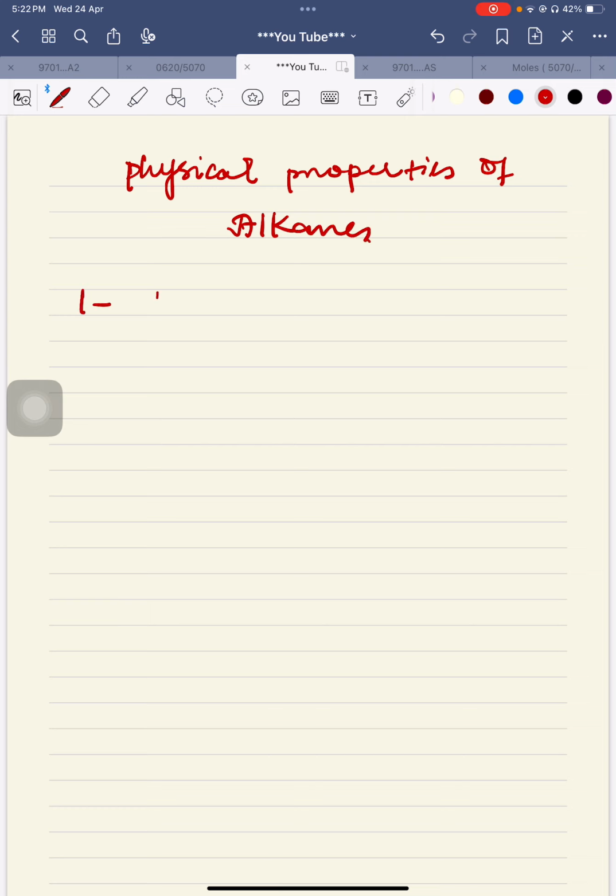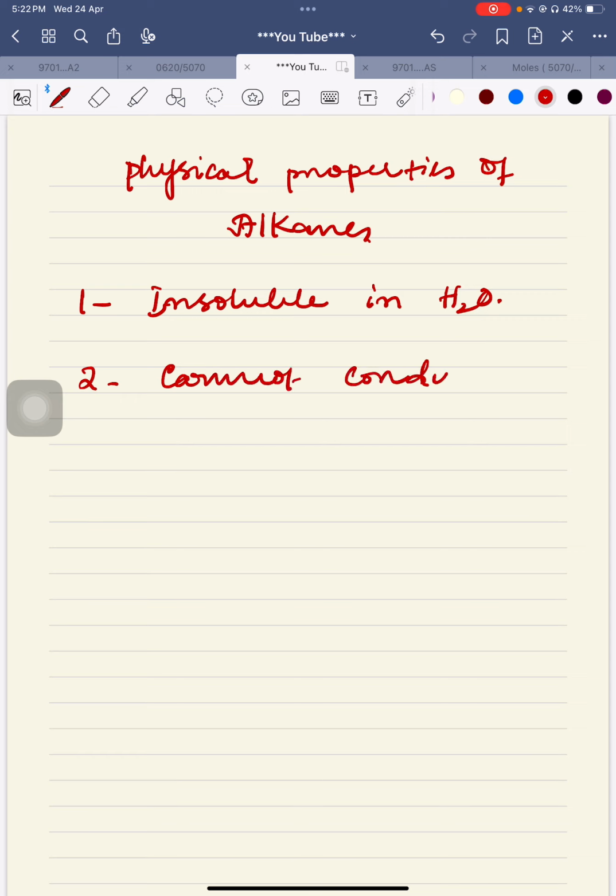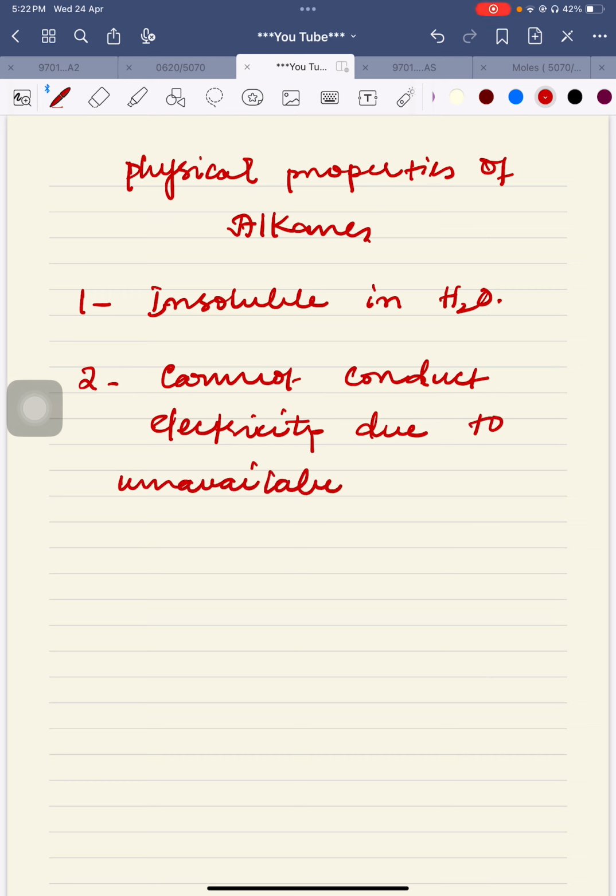Number 1, insoluble in water. Yes, insoluble in water. Number 2, cannot conduct electricity due to unavailability of mobile electrons. Due to unavailability of mobile electrons, okay. What is